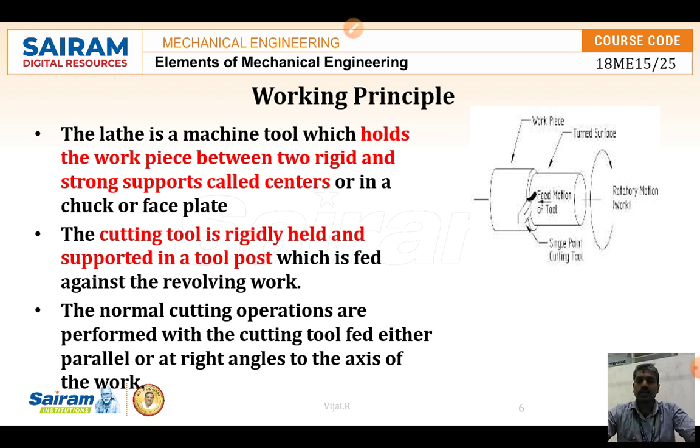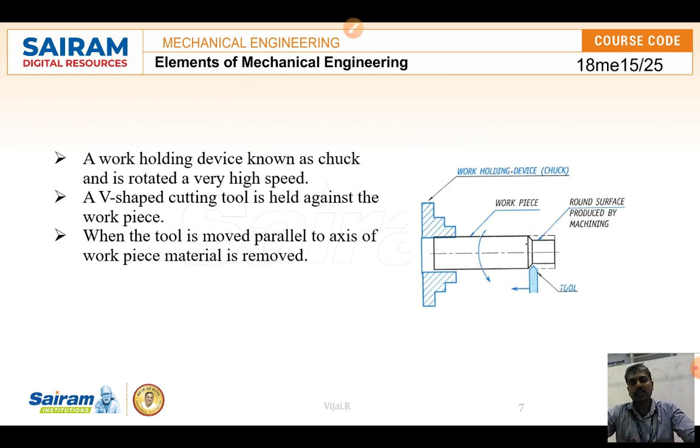The workpiece can be held between the live center and dead center and rotated. When it is rotating and a cutting tool is rigidly held and moved with the support of the tool post, we can remove the unwanted material, so that finally we get useful products.